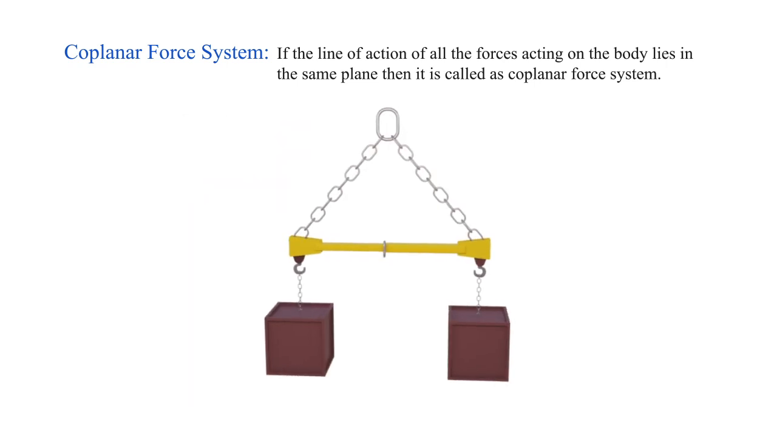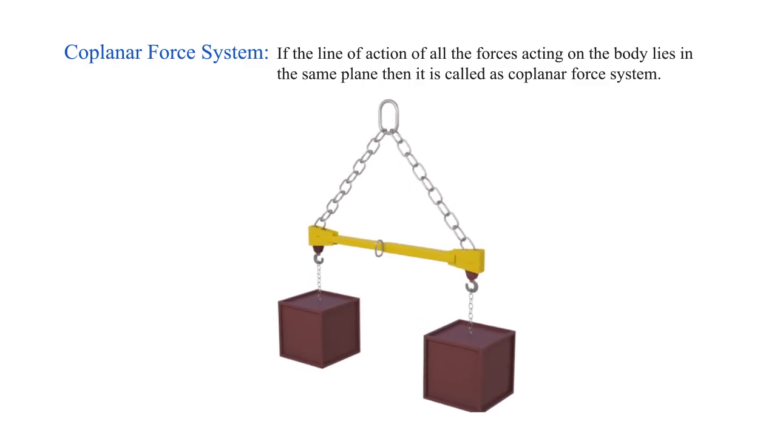Consider the example of a crane hook. Hooks at points A and B carry weights W1 and W2, which result in tension in the chains denoted by T1 and T2. Here, all weight force and tension force lie in a single plane and represent the coplanar force